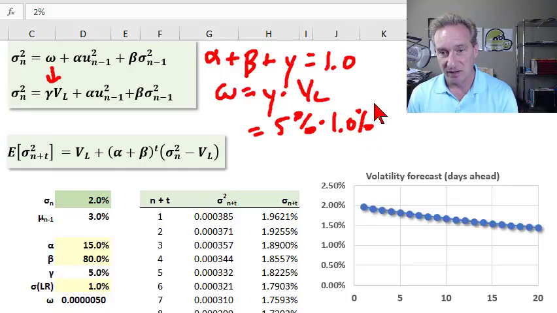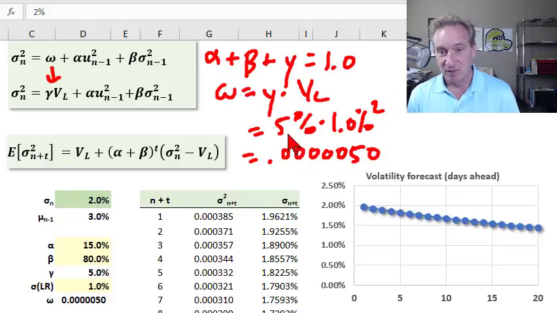So that's 1% squared. And so this is pretty typical in that the omega value here is very small. It's actually 0.000050 because it's 0.05 multiplied by 0.01 squared. That's my omega. So when we see the specification, that's the first value we would see. But the point is that it's the product of a weight